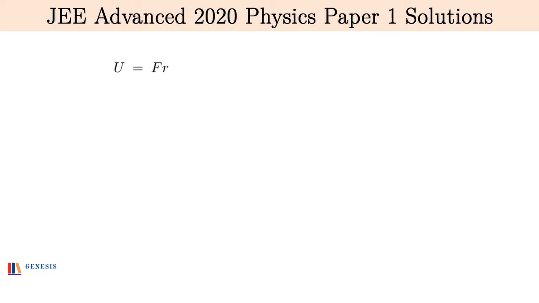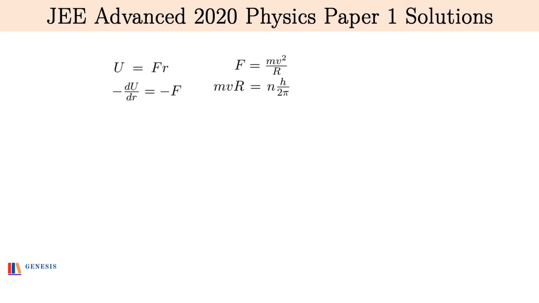Now, as the potential energy is given as U is equal to Fr, the force is given as minus dU by dr, which comes out as minus F. This minus sign signifies that the force on the particle is directed radially inward, and we can see that this force has a constant magnitude. It is this force that provides the required centripetal force for the circular motion. Thus, F is equal to mv square by r, and from Bohr's model, the magnitude of the angular momentum of the particle relative to the orbit's center is quantized as mvr is equal to nh by 2 pi, and h is Planck's constant.